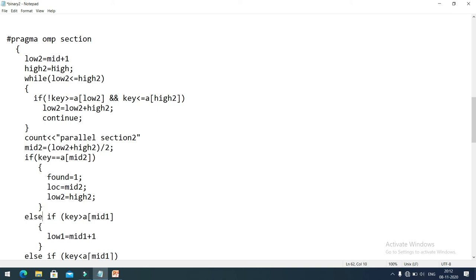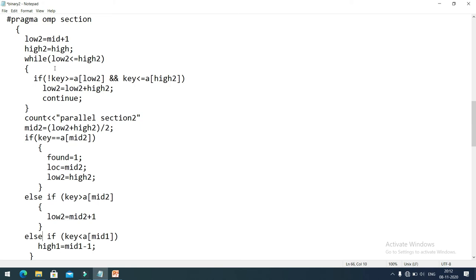Now if this is not the case, then key is compared with mid 2. If key is greater than a of mid 2, in that case we need to rearrange this low 2. Now we are dealing with mid 2 plus 1.